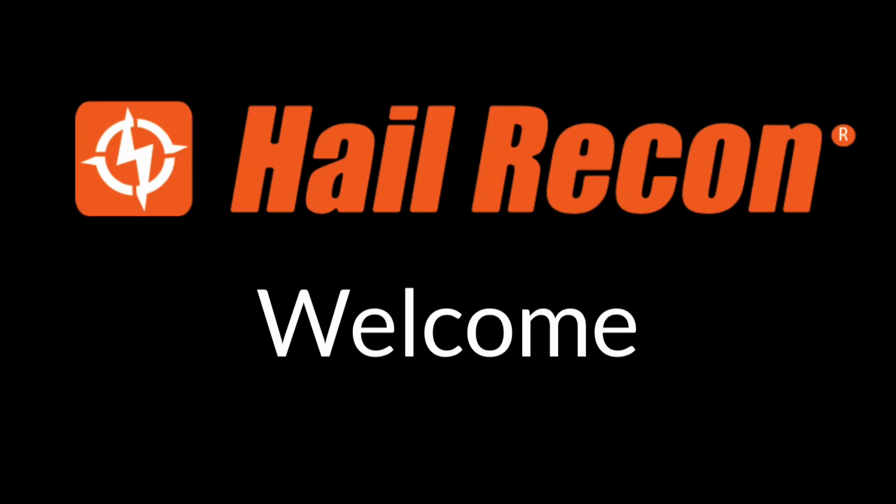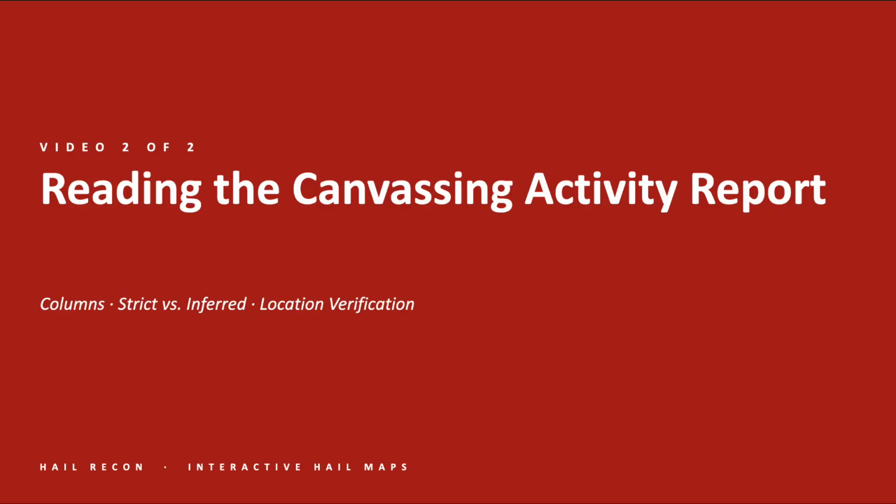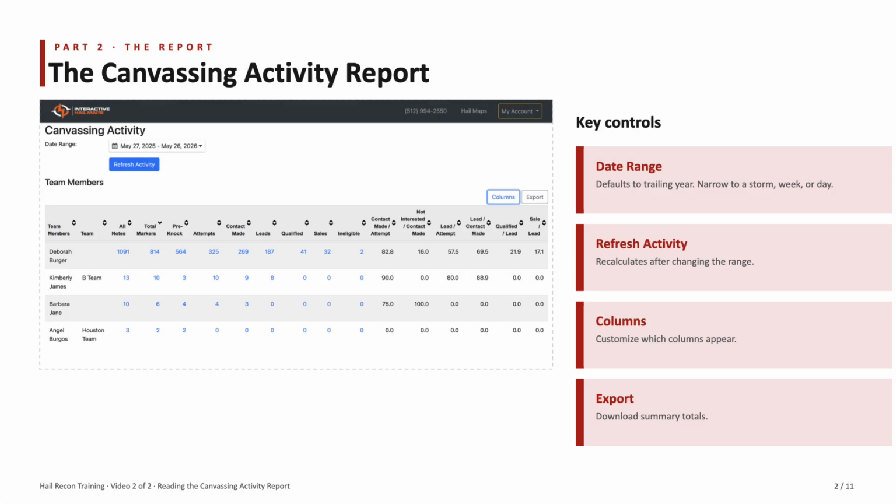Welcome back. In video 1, we configured the canvassing workflow, choosing statuses for reps to tap and mapping each one to a performance category. Now we're going to look at what that configuration actually produces, the canvassing activity report. This is where you see everything your reps have done in the field, organized by the performance categories you set